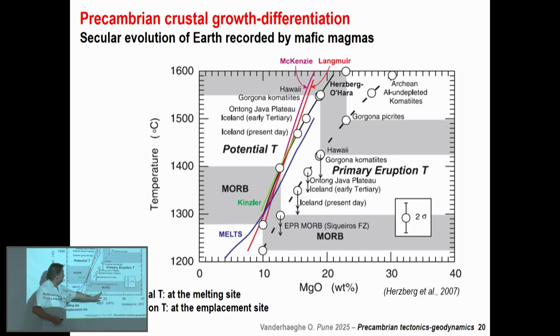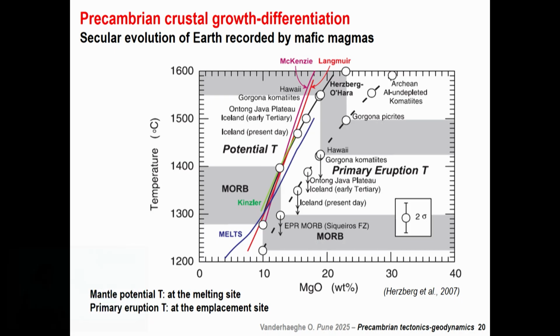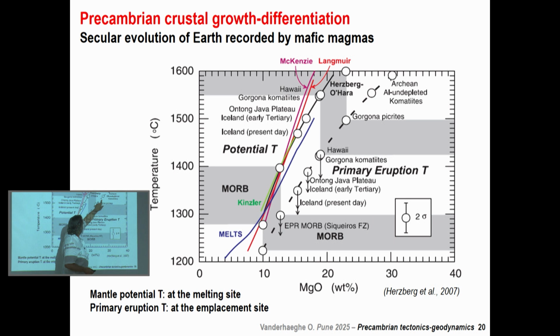The more magnesium rich, the more the mantle has been molten, and the higher the temperature might have been in the mantle. For example, in the Archean we had specific rocks that we're going to see just next. Komatiites are typical of the Archean and not found in the Phanerozoic, and they have high magnesium content, so this